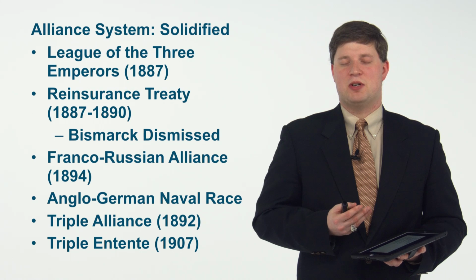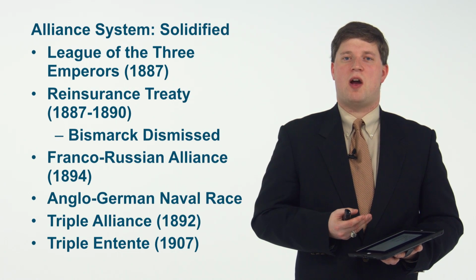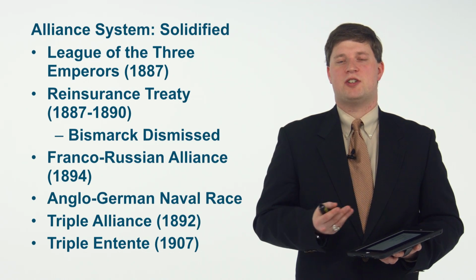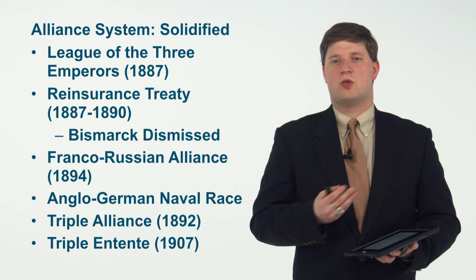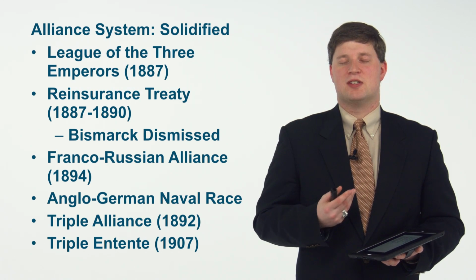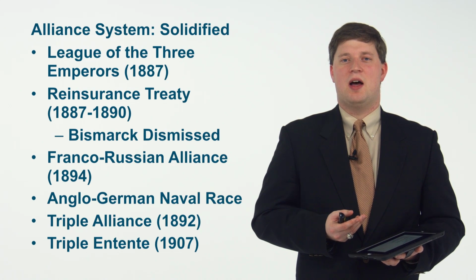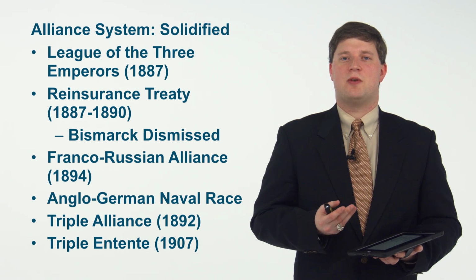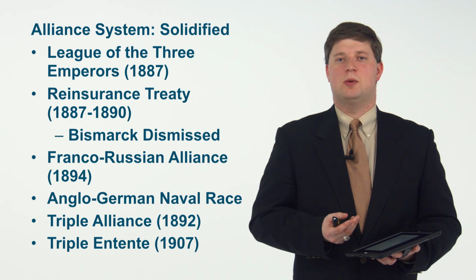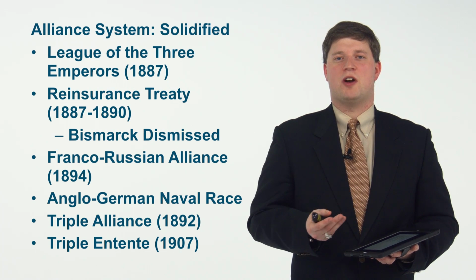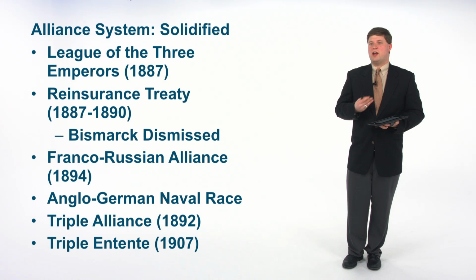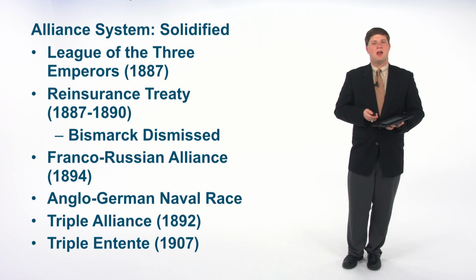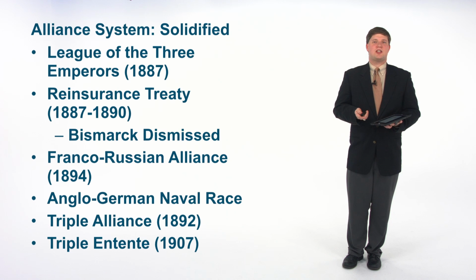Initially, Bismarck tries to see if Austria-Hungary, Russia, and Germany can all sort of work together in forming a Three Emperors League, or a league of three emperors. This idea quickly flounders over the very issue that is going to cause continual tension, namely Austria-Hungary and Russia are in competition for influence and power within the Balkans. Bismarck's attempt was to try and preserve a status quo. If these three powers were working with one another or at least discussing issues, there was no chance for war to break out.